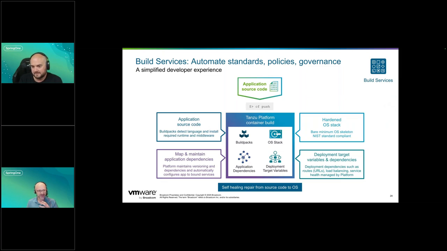A lot of the other solutions today require you to go through a very manual process to get to a point where you have an image that can be deployed. And with Tanzu Platform, this really begins with our source code. Nick has already demoed that cf push command. And what's happening there behind the scenes is that